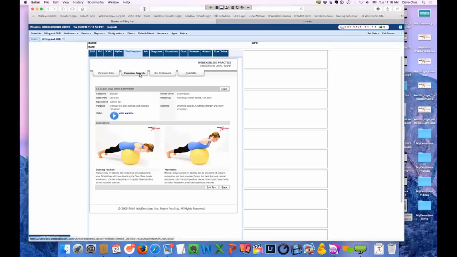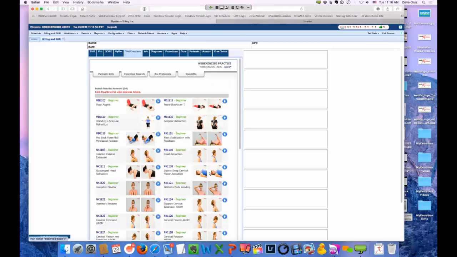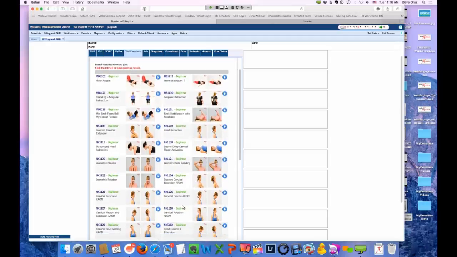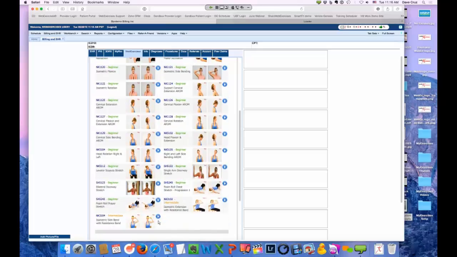The search engine is such that you can even type in keywords, even like I can type in whiplash, for instance, and pull up exercises that are going to be good for whiplash. So anything from range of motion to some isometric strengthening to even some with resistance bands to help progress patients through that.